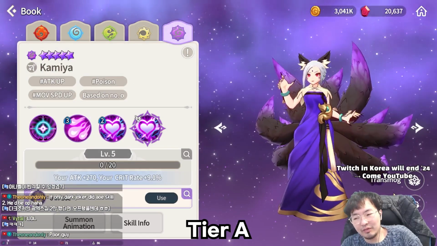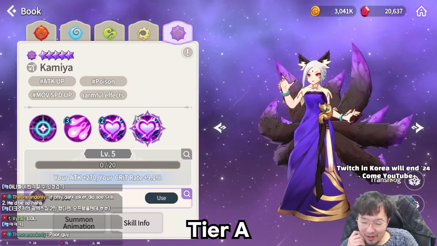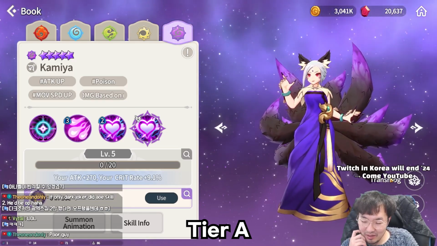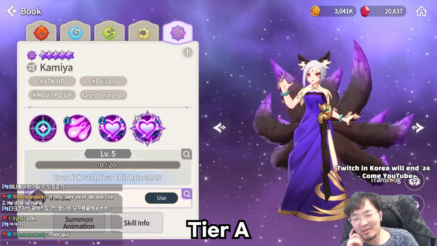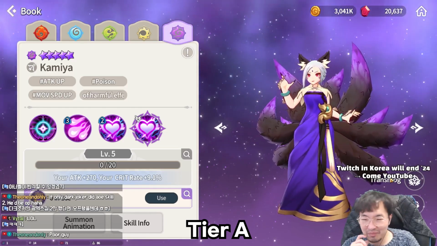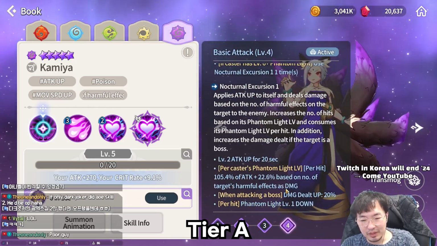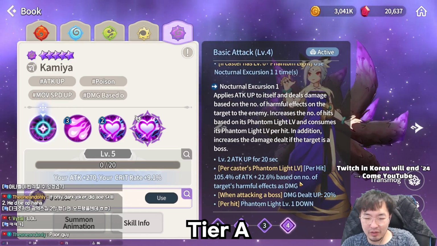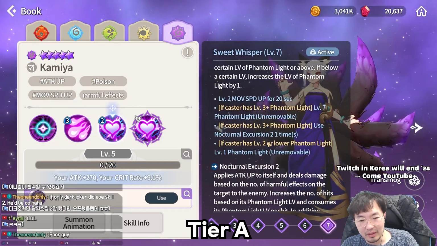Dark Nine-tailed Fox. Before the release of Fire Phoenix, I rated her tier S in PvE. Now, everybody is using Fire Phoenix in PvE, so I think her tier is tier A, yeah. But still, based on the number of targets, harmful effect dealer is not bad, of course. And using this,